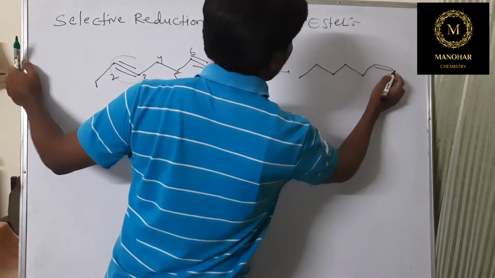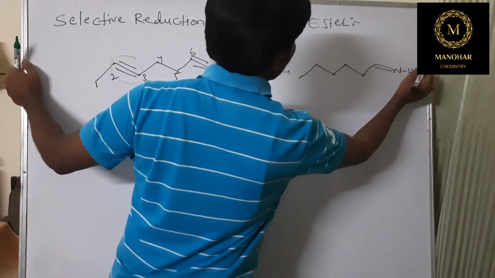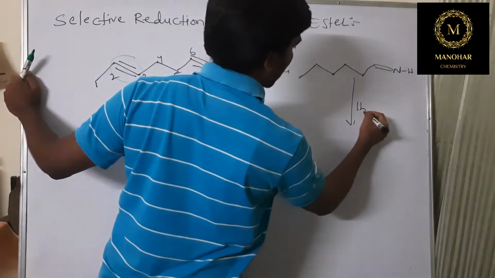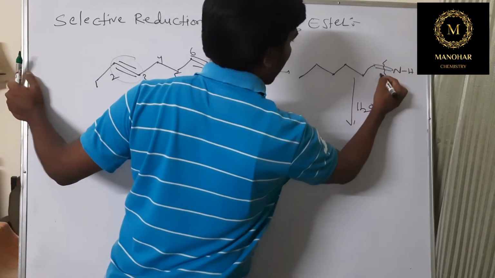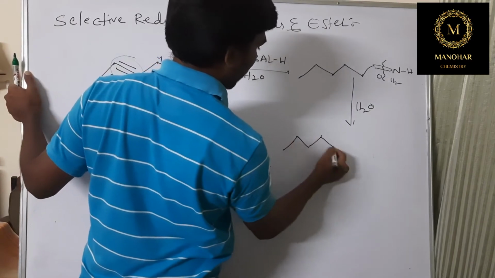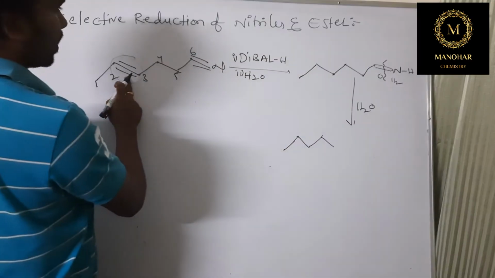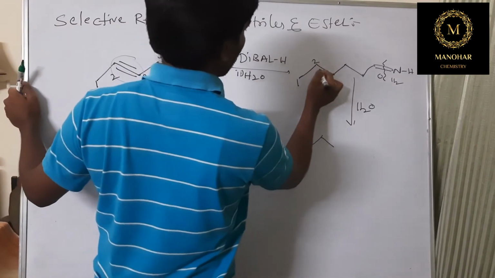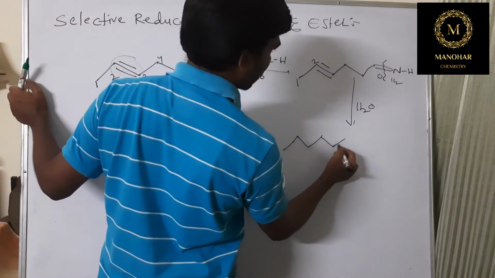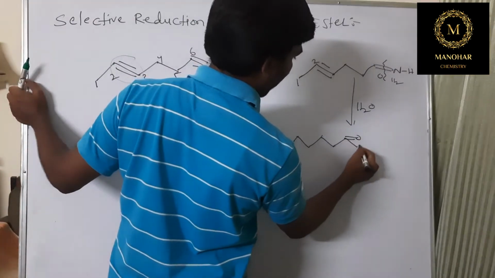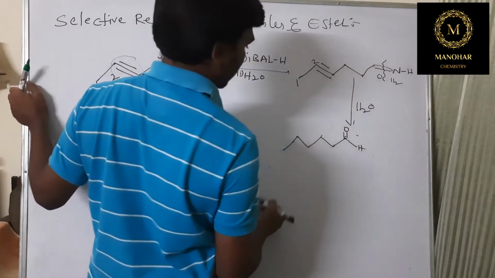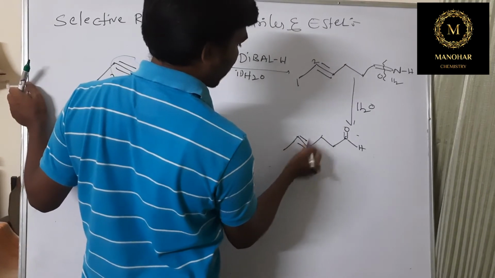So here a double bond will form, C=NH. When you are taking a water molecule, H2O, what we have to do here is break it: here oxygen we have to add, here hydrogen we have to add. So the triple bond will not be disturbed. The triple bond stays as it is, and it is going to form a double bond with O and H. So the triple bond will be common everywhere.